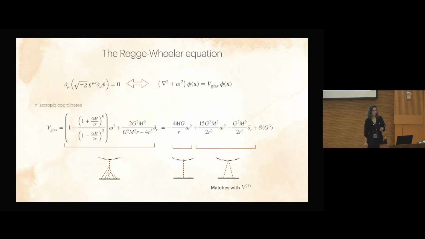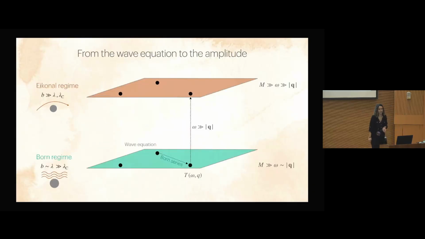And indeed, if I Fourier transform the leading piece in G to momentum space, I recover the tree-level exchange. If I do it for the G squared, well, I have two pieces. The first is the one that survives in the eikonal limit, and then I have an extra piece that exactly matches the calculation that we did earlier. So the lesson to learn here is that if I have an underlying wave equation, the amplitude will literally be just a Born series, iterating this potential.